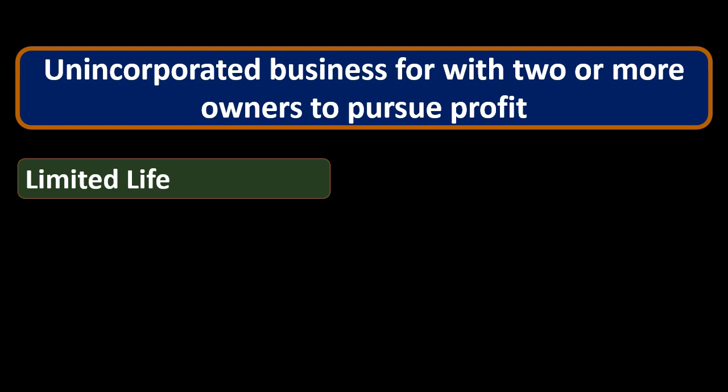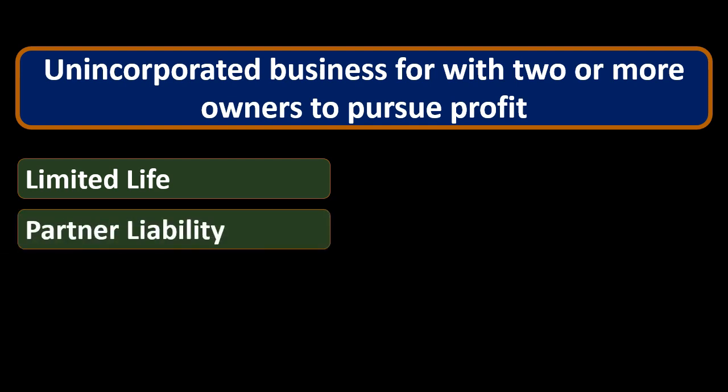So you can think of that as a pro or a con of a partnership, that it has that limited life. It's got partner liability in a similar fashion as a sole proprietor. And that's usually the biggest downfall of just a normal general partnership, is that you have this kind of liability, whereas if there's a problem with the partners, or if the company gets sued or something like that, there's less